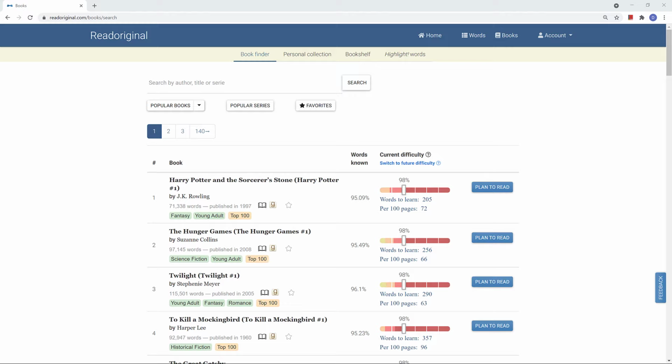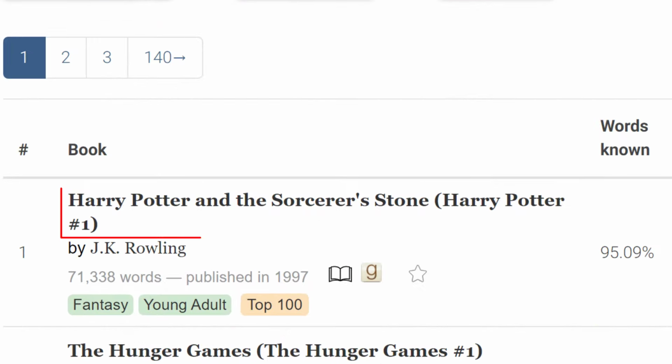I logged into Read Original's book component as a user who knows about 3,500 words, which is a pretty average number, and we will cover how to get your personal vocabulary into the system later. Here, I immediately see a list of books ordered by their popularity. For each book, I can see the title, author, popularity, how many words I already know in the book, 95%